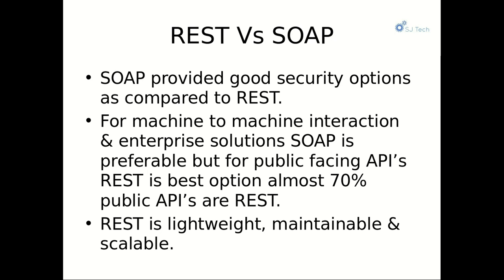And when we talk about the security options which REST provides, it uses basic authentication, which is a very basic thing. Second is OAuth, which could be used. You can also use a token-based mechanism. There are different mechanisms available for REST. But for an enterprise application, where security is the major concern, you would definitely go with SOAP web services. Now the next point is also related to the previous point.